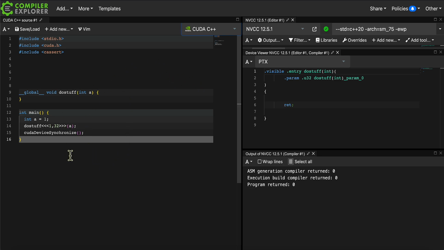It compiles your code, and then it runs your code in the cloud somewhere, in this case on an NVIDIA Tesla T4, which is in some data center somewhere. You can type in whatever code you like, and then it will run that code. You can see the assembly here.